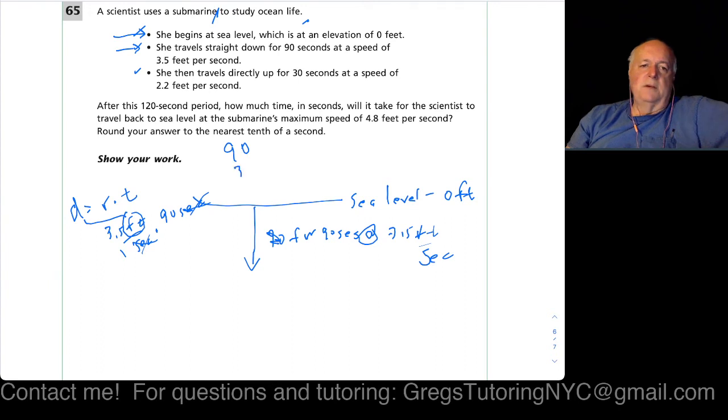Okay, that's 0. We get 45. That's 0, and we get 27. That's 0, 5, 1. I believe that's 31.5? No, sorry, it's 315, because we have one decimal over here, so we move one decimal there. So that's 315 feet